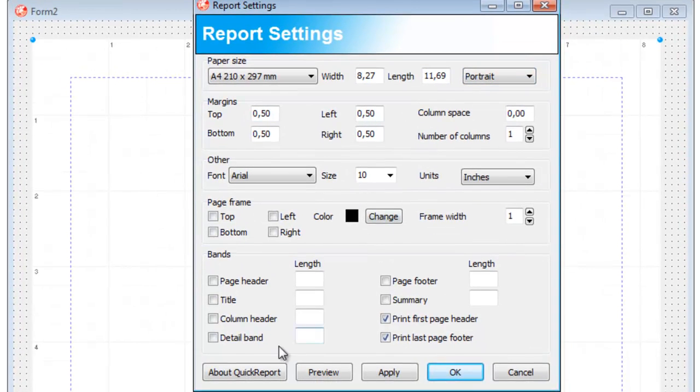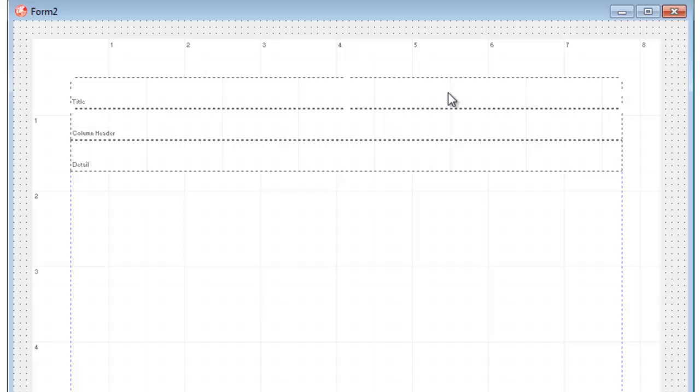Then what I usually do is check the title, column header, and detail band. Depending on you, maybe you want to check page header, page footer, or summary, but I usually just check these three checkboxes. I hit OK, and here we have 3 bands.